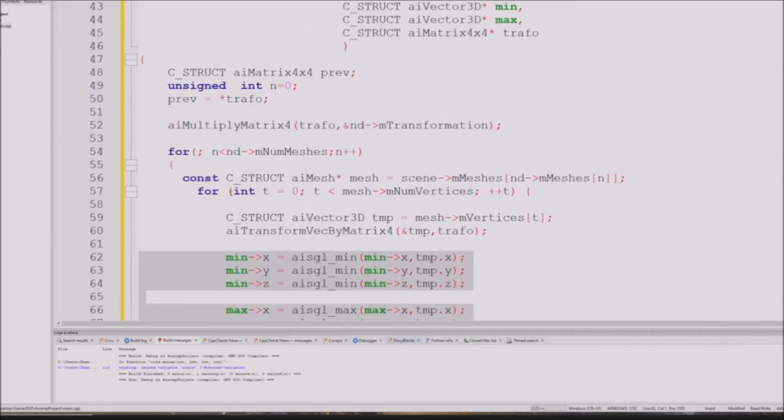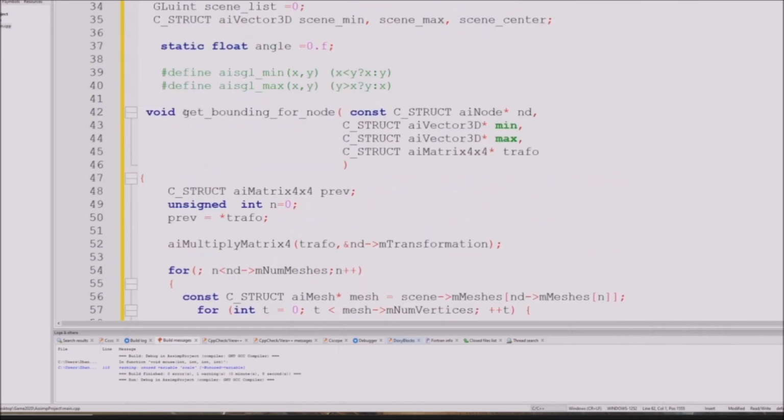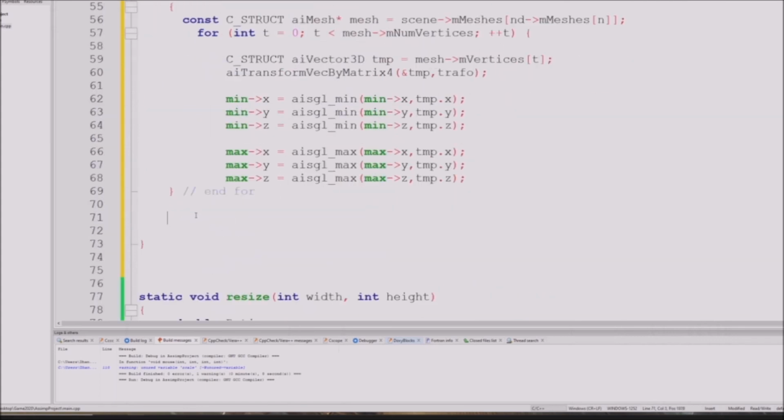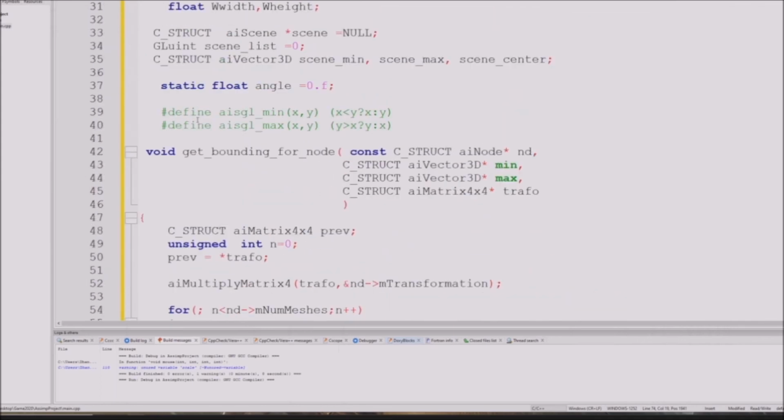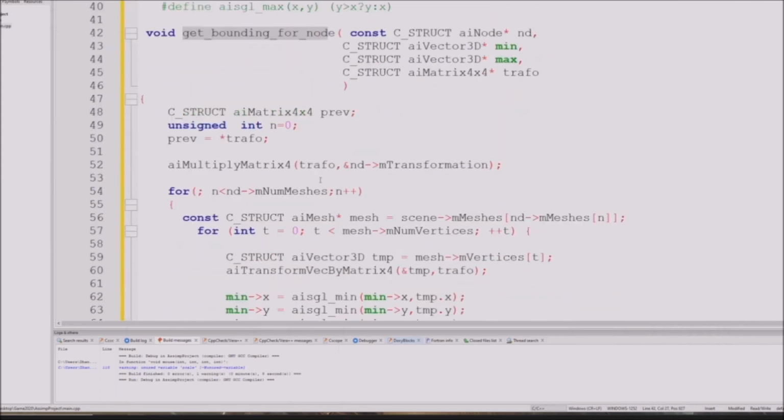So in this case, I can recursively call the same function again in order to make this for all the children I have in my object. So let's do that part, and so this is what I'm doing, that for all the children I have in my structure, right? So let's go ahead and do that. So for n equals 0 and less than this one, this is how many children I have, starting from 1 instead of 0. So that's why this is equal, even the plus plus n. So I'm calling the same function, which is this one, for all the nodes I have,